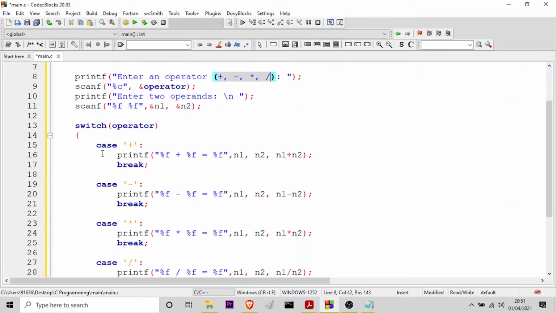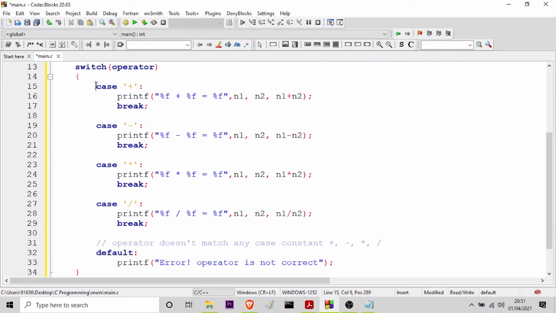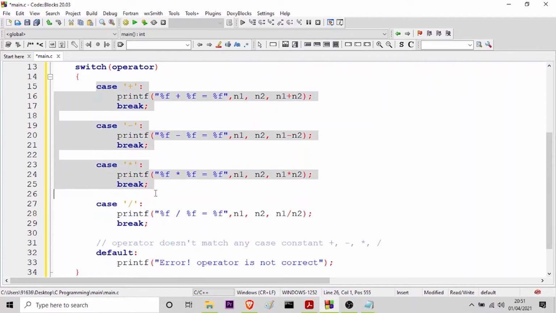And then you can see this is the syntax of writing it. These are the cases, so there will be four cases. If it is plus, then it will calculate the addition of n1 and n2, the two numbers, and then it will break. In this case, it will be n1 minus n2 for this negative symbol, which is subtraction.